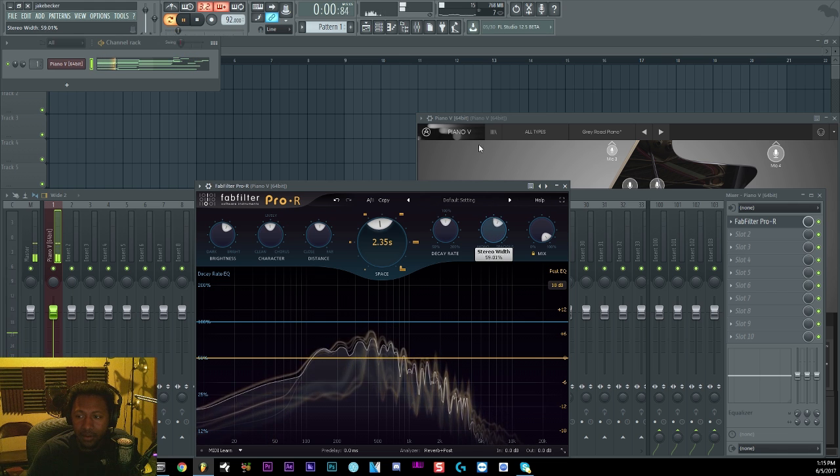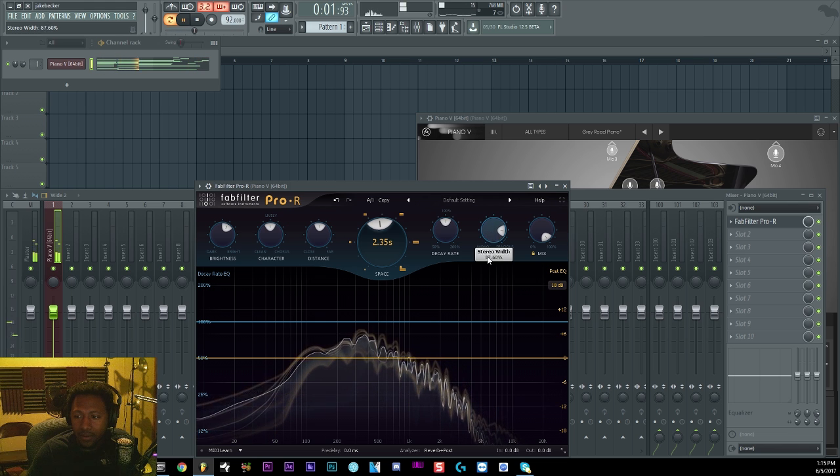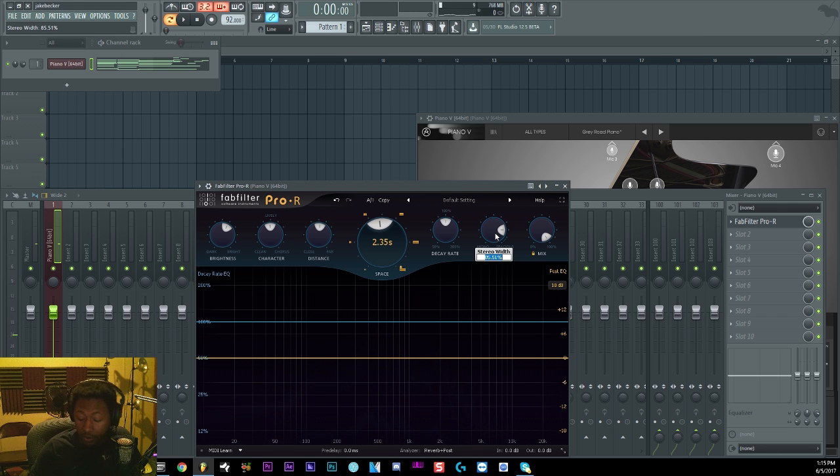And then go wide and go super wide, which could add in some phasing when you go too far, but it could have a crazy effect if you decide. So that's great to have it there. And then your mix wet knob is basically like parallel compression. If you don't have it on a send, you can use the mix wet knob to kind of tailor it in. So if I go like here, make it really wide, kind of close, a little bit dark,